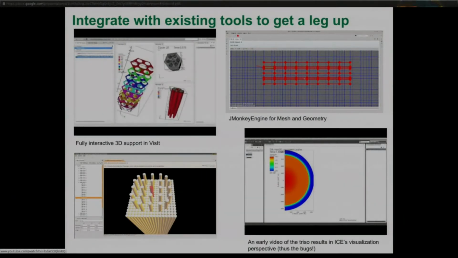So we have support for VisIt in the platform. We just started this week adding support for ParaView. In the top left corner is a video of the same output from a NEK5000 simulation. We've hooked it up so that we can look at one case as the pressure and the other as the mesh. I really wish the video was working, because it actually rotates and you can see everything live.